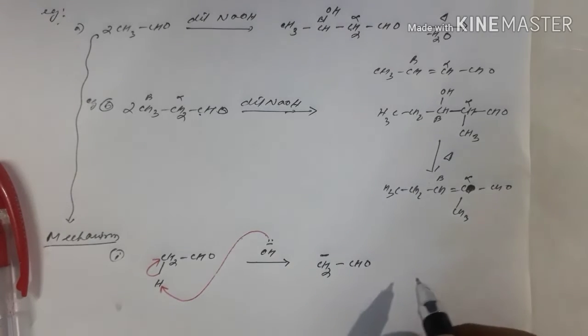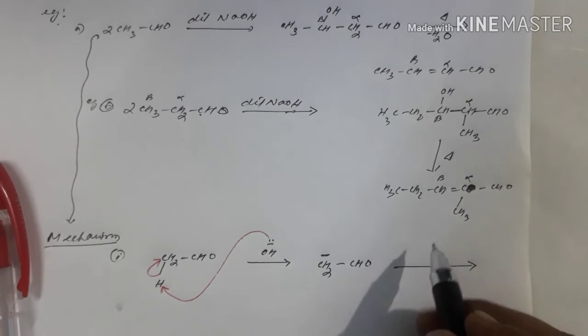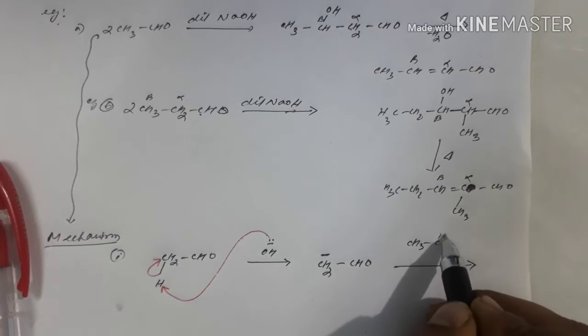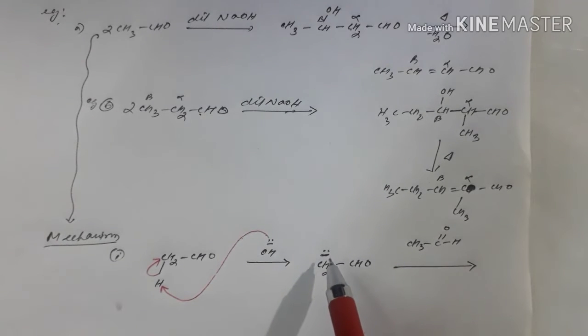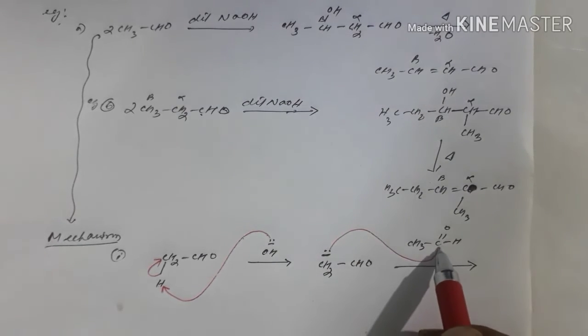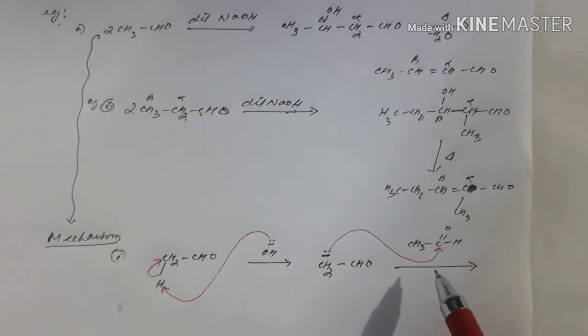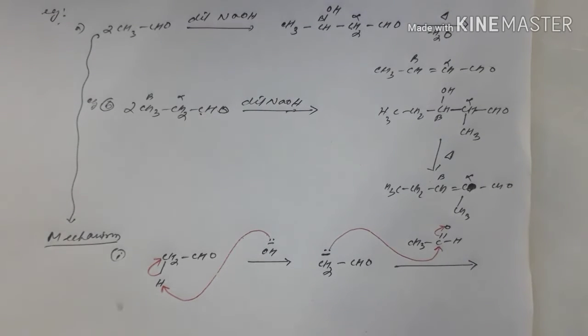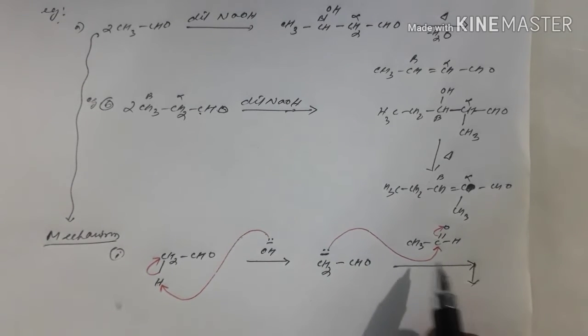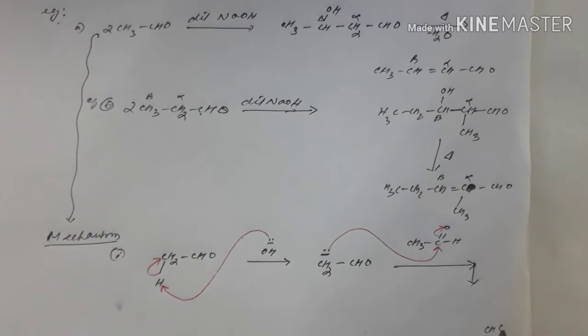Now this negative charge will react with another mole of aldehyde. Now you can write the structure a little bit like this to represent it more precisely or more easily. Now this alpha carbon, the carbon ion, which is negatively charged, will go and attack the carbon of the functional group, the aldehyde group, and this electron will shift to this. Now what next is that, I can write it here, right? Now this group will come out, right, CH2.